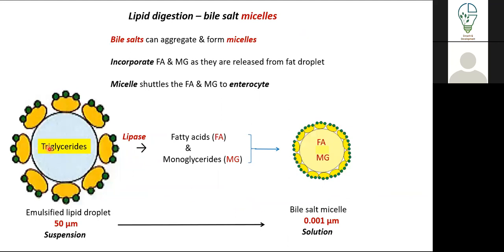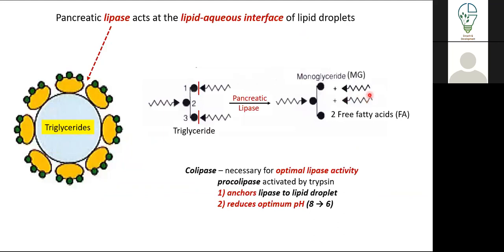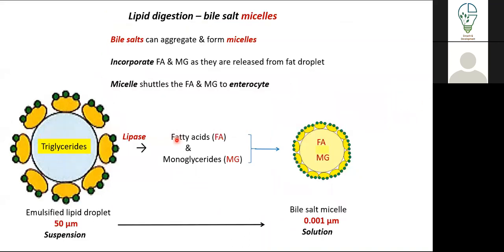We broke them down. Once you break down triglycerides, as you can see here, you break it down into free fatty acids and one monoglyceride. So two FAs and one MG. Makes sense, I think. So these fatty acids and this monoglyceride basically will be inserted into a micelle. A micelle is basically very similar to it, it just has these bile salts all around. Again, hydrophilic outside, hydrophobic inside, and they are